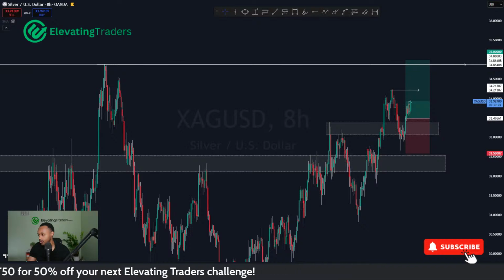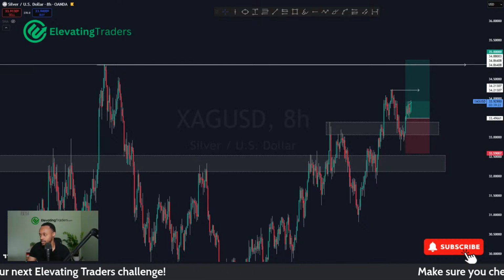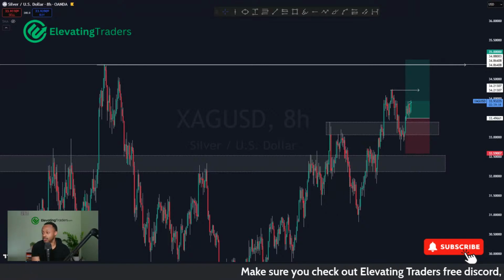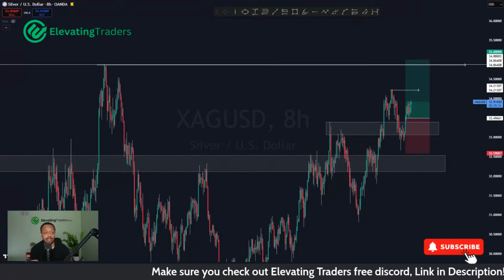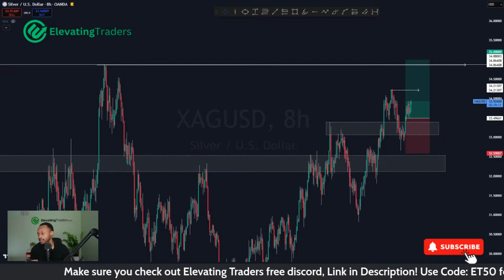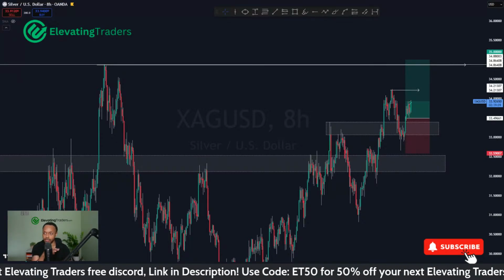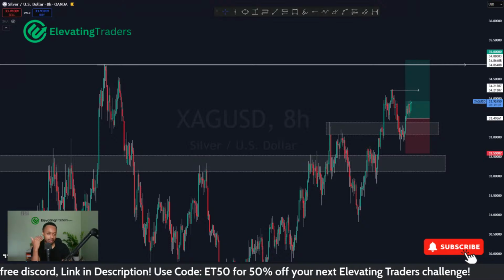DXY 105 or 105.5, in my honest opinion, slice through one. Yeah, it did slice through 104.5 like butter. It just absolutely smashed through that. So yeah, I think the dollar is likely to keep pushing as well. It looks like it's formed a bit of a bottom, so I think it's got a solid base to push up higher.